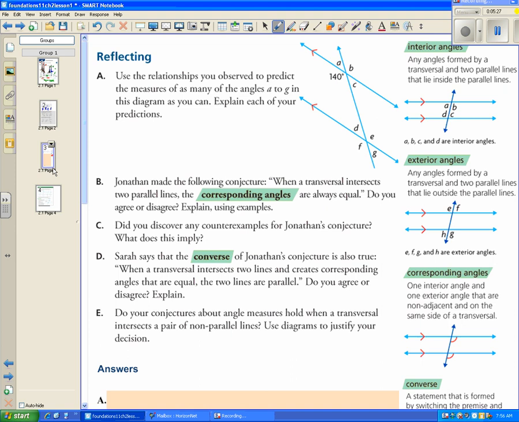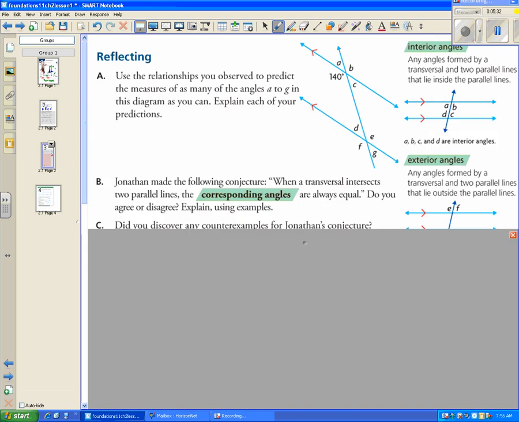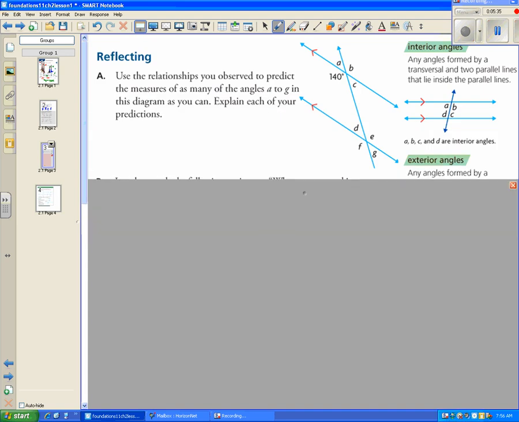Okay, so what we're going to do now is work through this example right here. Use the relationships you observe to predict the measures of as many of the angles A to G in the diagram as you can. Explain each of your predictions. So what we're looking for is that F relationship. We have two parallel lines and a transversal. So can you see if I drew an F like this? Sorry guys. If I drew an F like this,